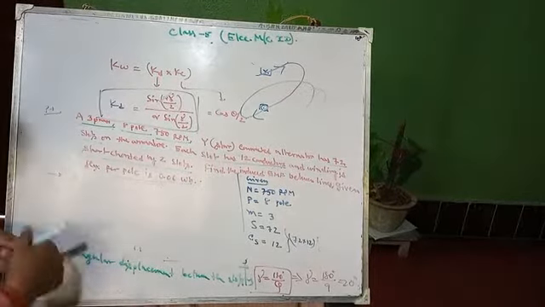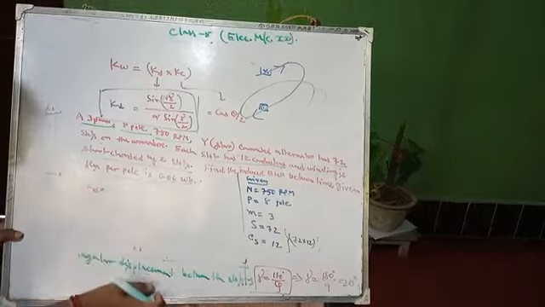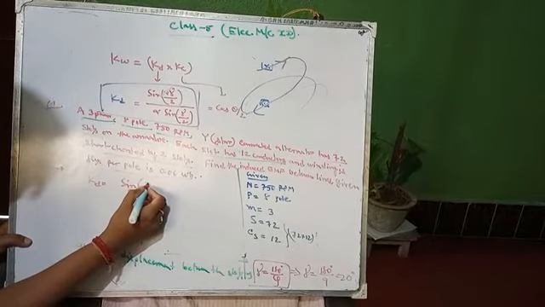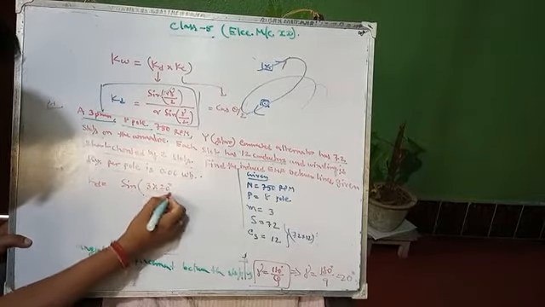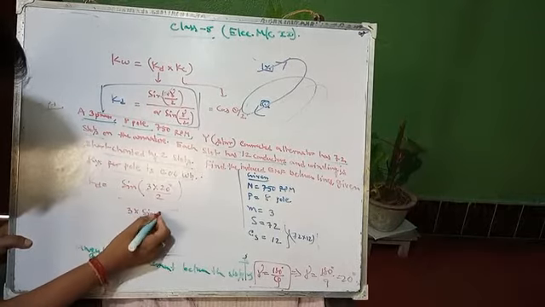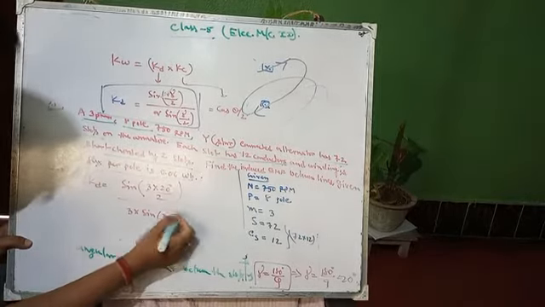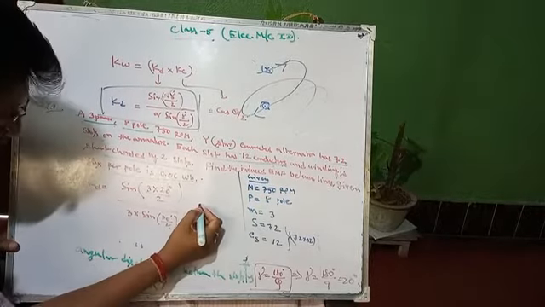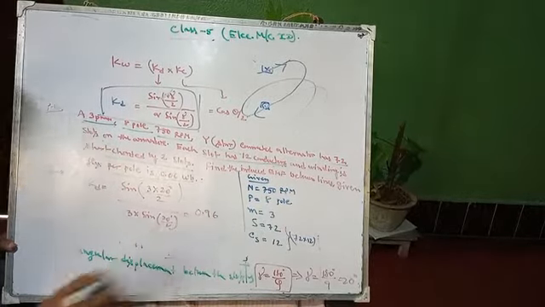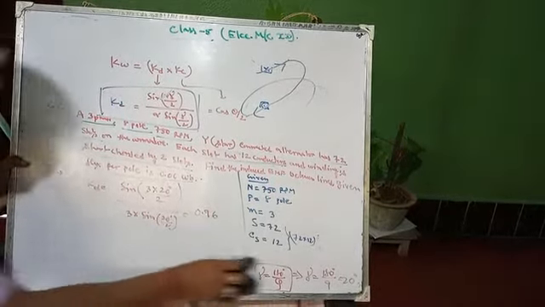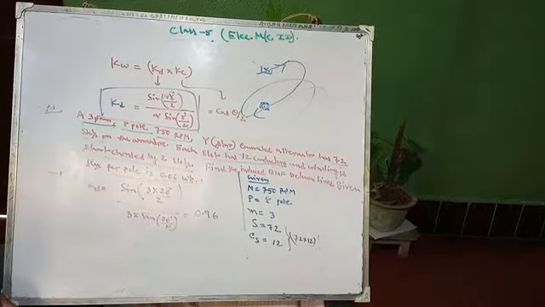So what is the value of Kd? Kd equals sine of q gamma by 2 divided by q into sine of gamma by 2. That is sine of 3 into 20 degree by 2 divided by 3 into sine of 20 degree by 2. By calculating, you can get 0.96. You can check, just verify it. Kd equals 0.96. So now we will move to Kc.